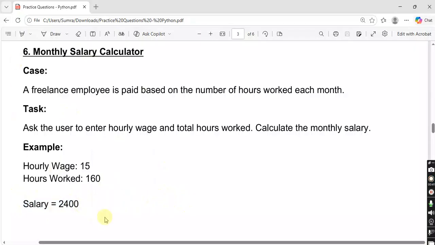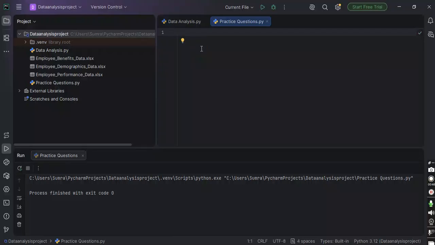So from this we can see it is a multiplicative arithmetic command. So let's start. First we want hourly wage as input. It can be float or integer, so I'm writing float input,